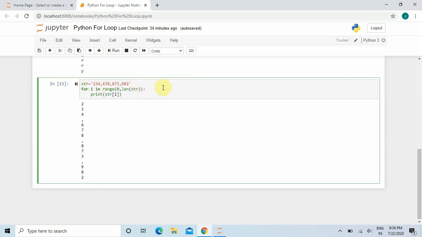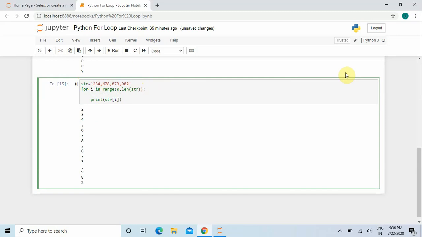Then I will just write: if str i in 0 1 2 3 4 5 6 7 8 9.